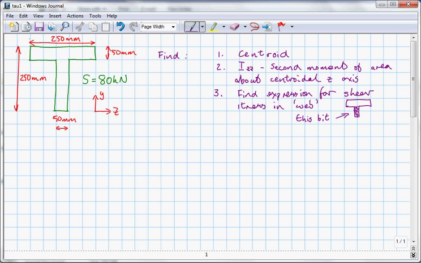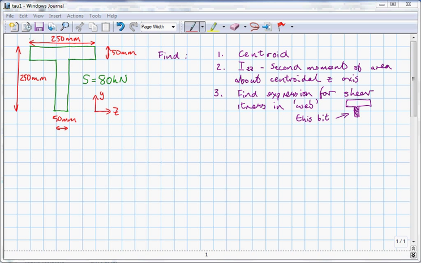well, because we know, for example, that the shear stress on the top and bottom, let me see if I can shade those in. So up here, top of the section, at the bottom of the section, the shear stress is 0, and we also know that somewhere around the centroid, and here somewhere, the shear stress hits a maximum. So that's eventually what we're trying to find, and the steps on the way are to find where the centroid is, and well, I could probably make a pretty good guess that it's in here somewhere. And to calculate the shear stress distribution, we'll need to find out what the I value is about an axis, which we'll call ZZ, which goes through the